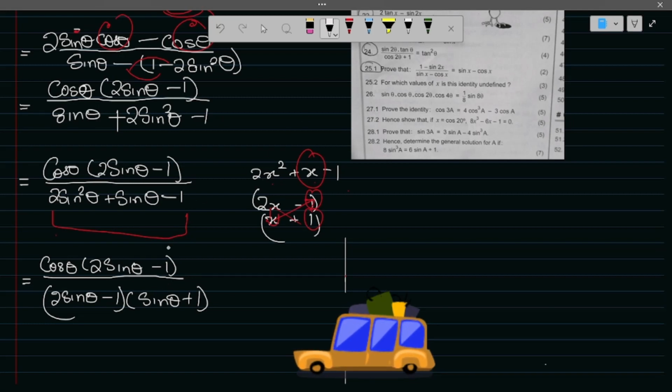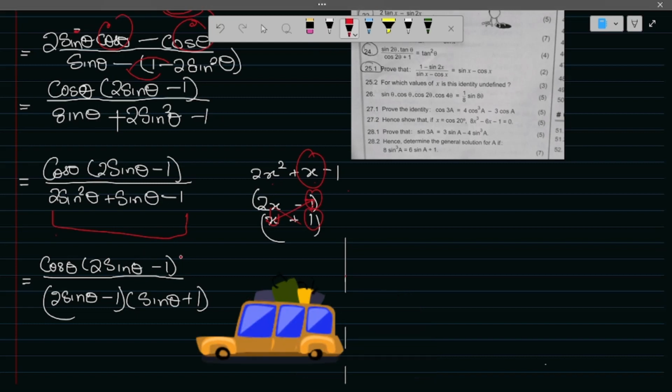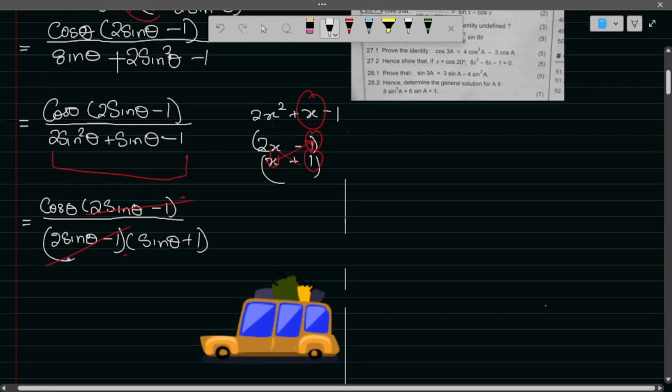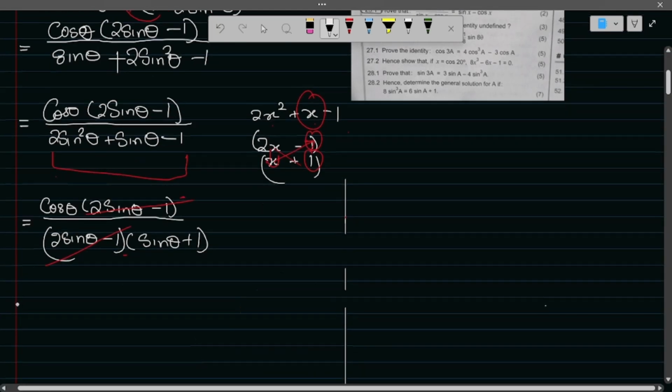So basically what you see is that they are like terms. This is 2 sine theta, this is 2 sine theta, and also this is 2 sine theta. So what they do is that they cancel each other, guys. They cancel each other, right? So you are left with